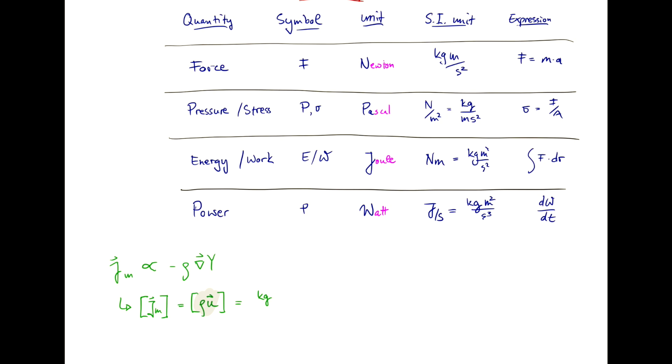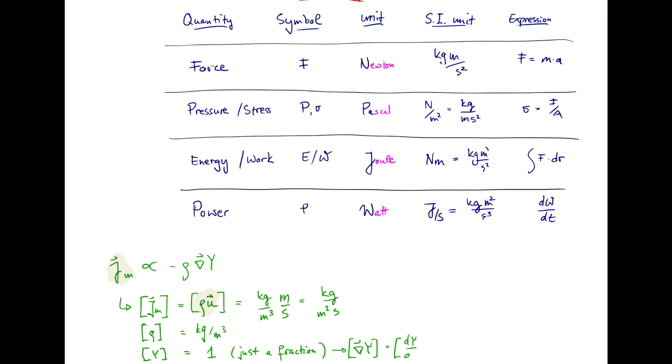Well, rho is kilogram per meter cubed, and the units of velocity are meters per second. So we have here kilogram per meter squared seconds. So this is the left-hand side of our equation up here. Now the right-hand side, we have rho. The units of rho are just kilogram per meter cubed. And the unit of y is 1, because y is just a fraction, so this is unitless. And as a result, the units of the gradient of y, which is essentially dy/dx, is 1 over meters. So the right-hand side here has the units of rho gradient y, which is just kilogram per meter cubed